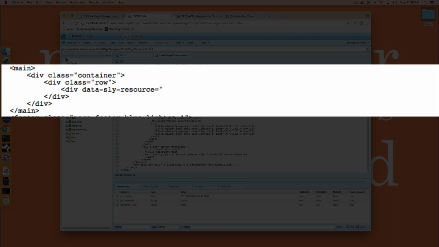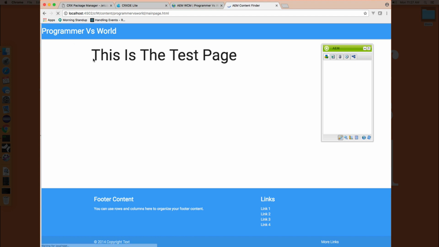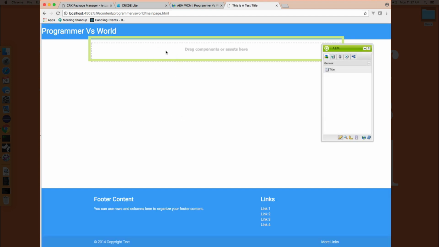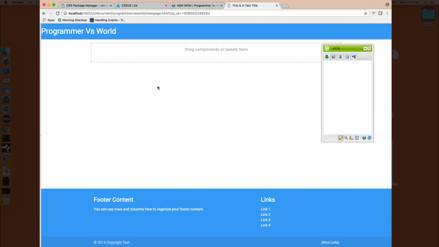And let's see how many times I can typo this one. The argument to this method, data-sly-resource, will be content. Actually, let me do that. And we need to give it a resource type equal to wcm/foundation/components/parsys, if I remember right. There we go. We should be able to save that, and if there are no typos in that at all, now when we refresh, we actually get a target area over here. So now when we come here, we actually have a target, a parsys, so to speak, to drag components on,